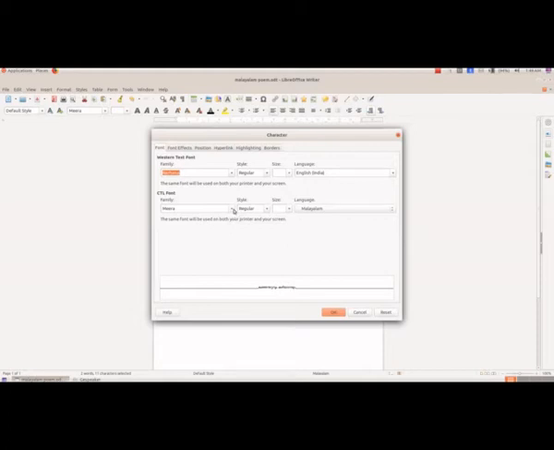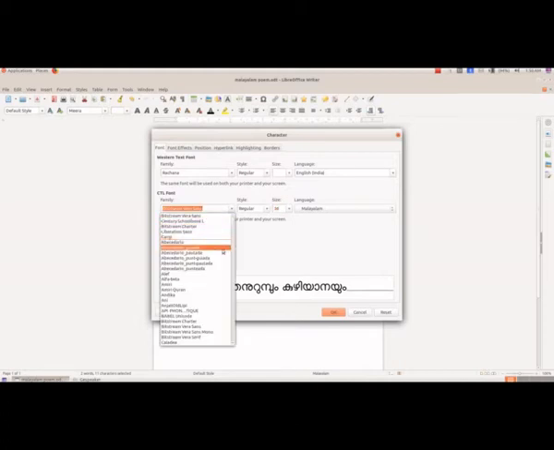And here we will change the size so that it will be clear to you. And the font, here it is given as Mira. We will change the font. As I told you, first we will change the font to Tilanga.